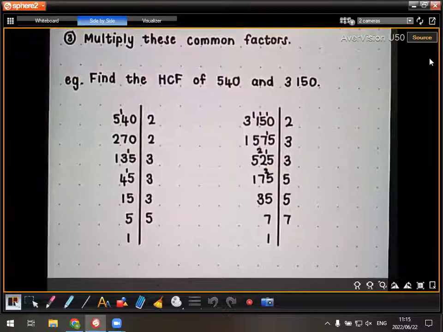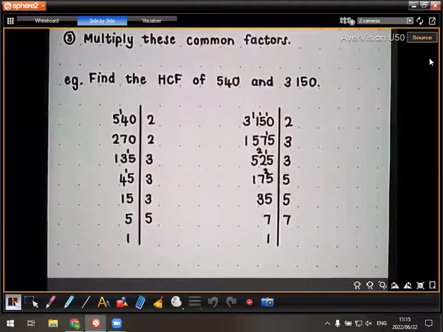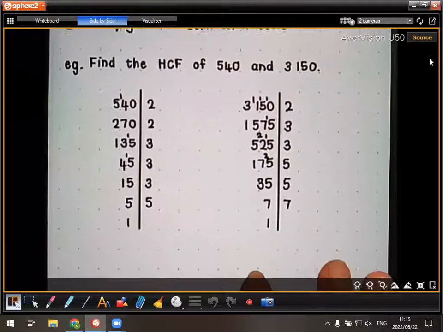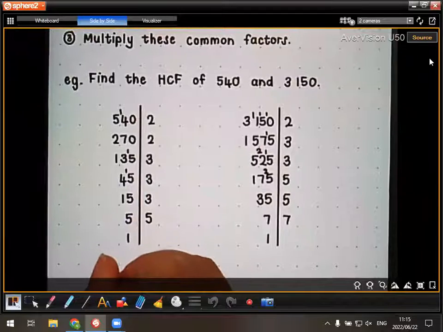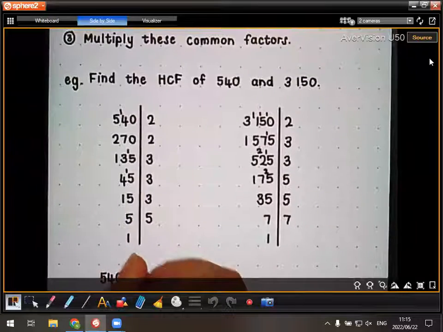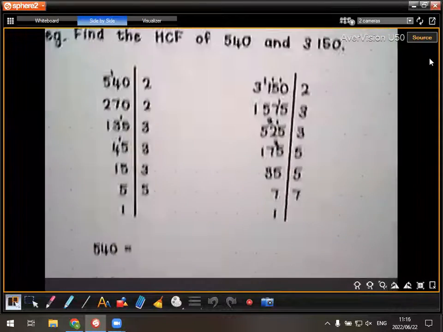Okay, that's just step 1 done, guys. We've just done the factor ladders for each of them. Now we're going to have to write both of these numbers as a product of their prime factors. So just underneath your factor ladders, we're going to write 540 is equal to,